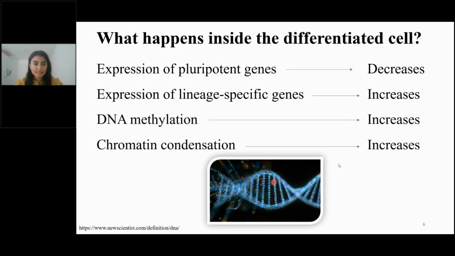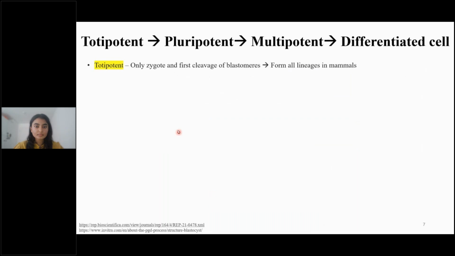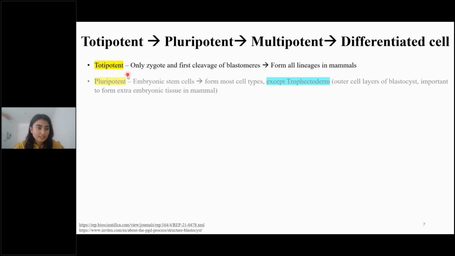So these are some of the things which are going to happen inside a cell when a stem cell decides, okay, now I need to divide and be something more specific. This all is going to happen inside the cell once it has decided, okay, now I have to change. So what we saw was the totipotent cell, which can form a whole organism. Then we have the pluripotent cell, which will form all the germ layers. Then we have the multipotent cells, which will form all the different types of, for example, the RBCs and everything, the differentiated cells. So these are some terms.